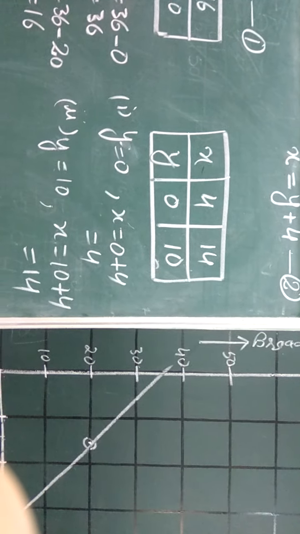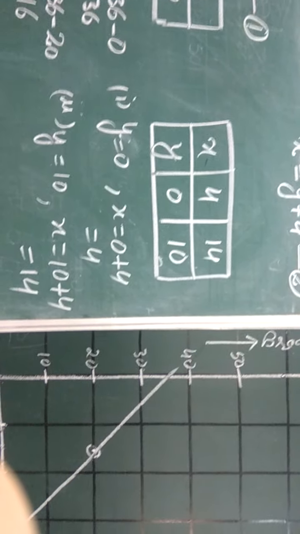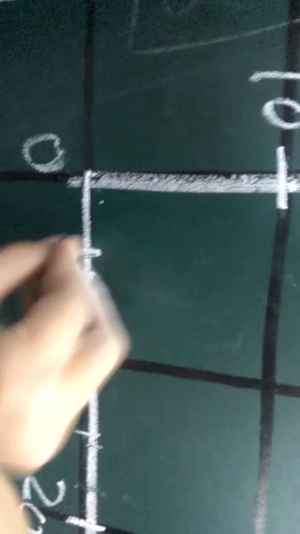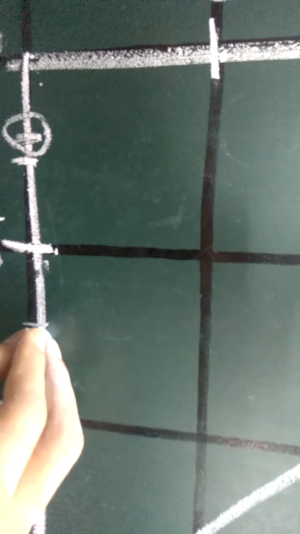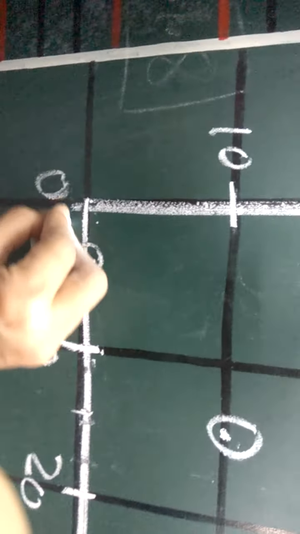Now for the second, x is 4, y is equal to 0. So again it will lie on the x-axis, x 4. Here this is 0, this is 5 and 1 point before 5 is 4. Then next x 14, y 10. This is 15 and this is 14, so 14 and 10. It will lie somewhere here. Now join again using the scale, join these 2 points in this way.